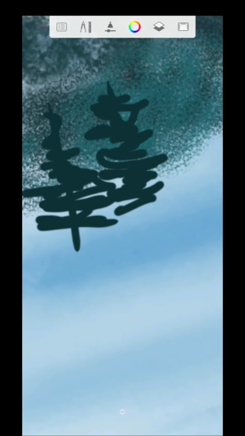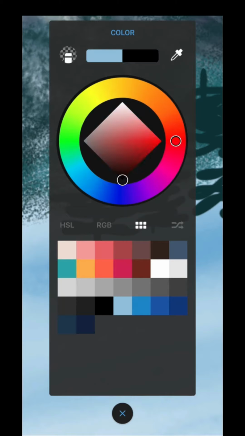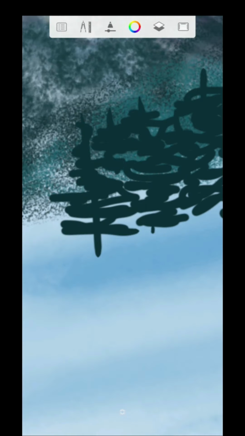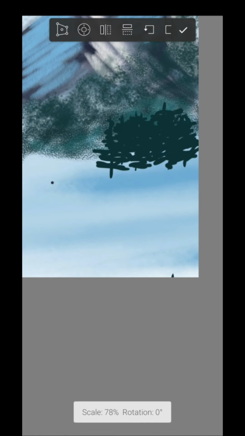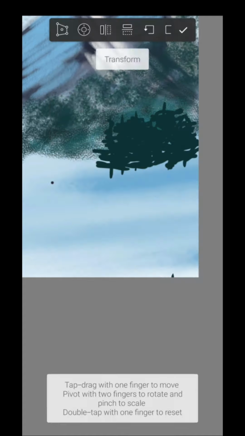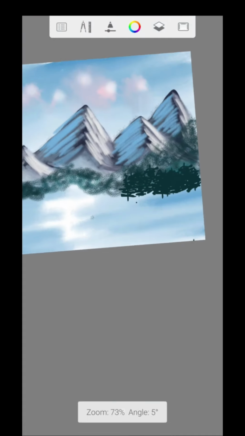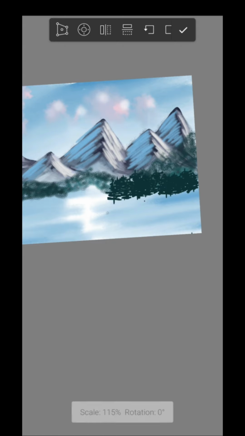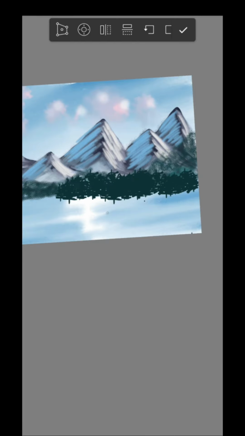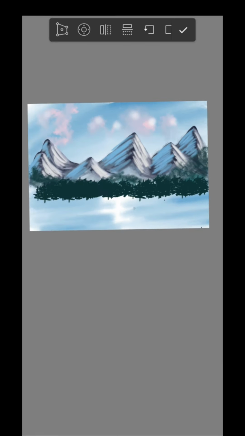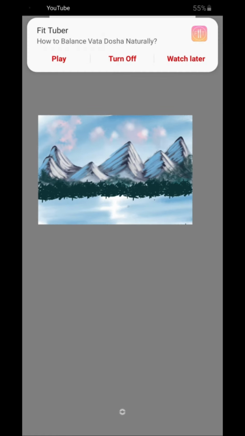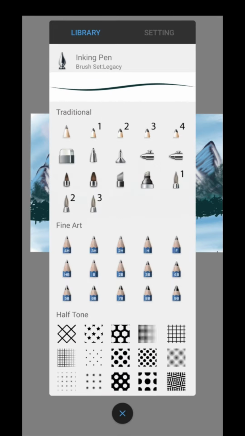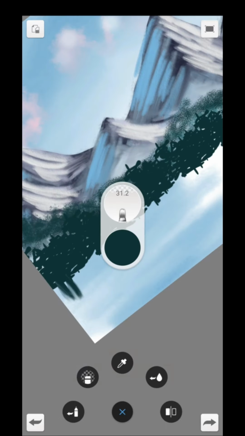Now select another layer and draw some little trees over here, very little, with any little pencil tool or pen tool. Now select all of those trees and copy all of those trees. Now you will get your forest right here. That is very easy, and this is the unique thing you can do in digital drawing. Copy and paste, copy and paste. I think you can understand, and you cannot do it in traditional drawing.